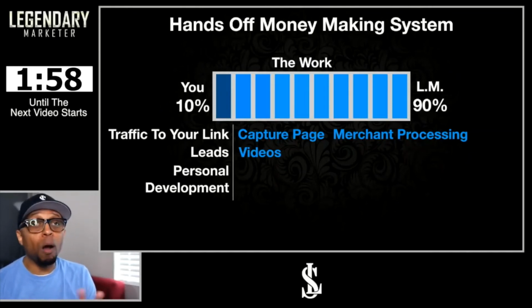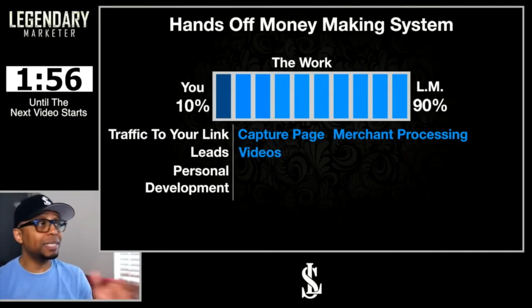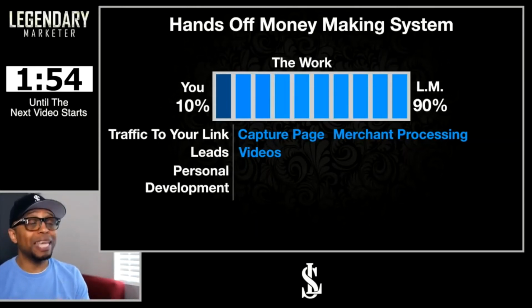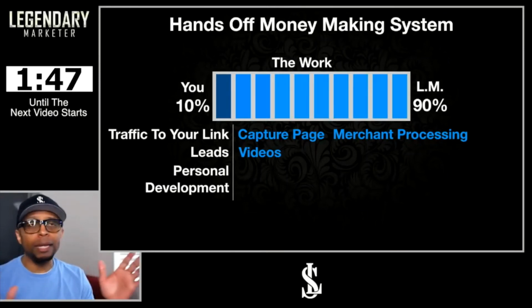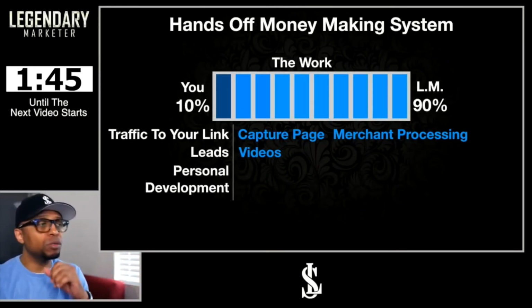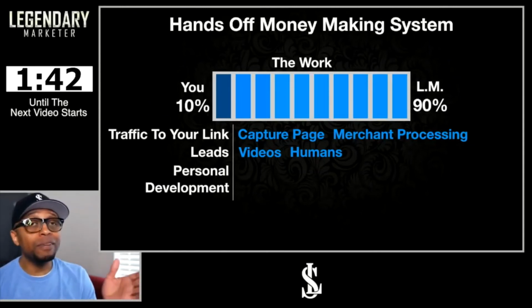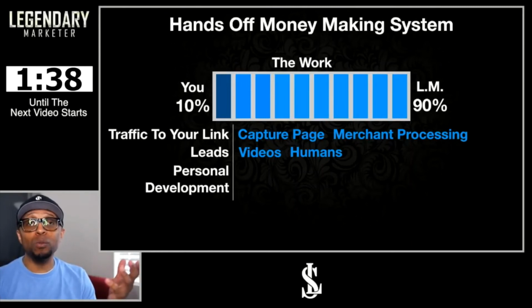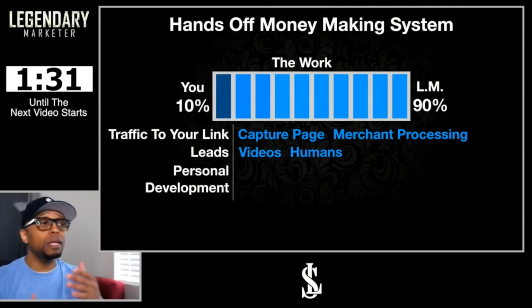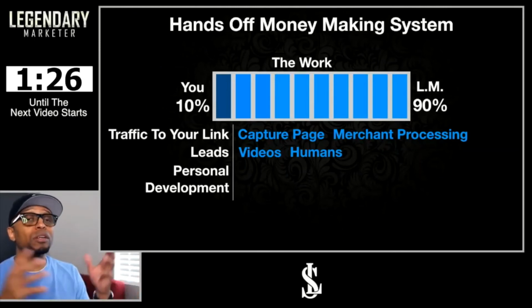And they've got all the videos already set. Like I said, I keep talking about those 10-minute videos because it works. Just get people in front of that video, and the machine of Legendary Marketer will do the rest. They even have humans, and what I mean by that is it's not all automated through technology. We actually have humans that contact your customers that are coming through the system. They do a lot of the legwork that you probably do in other programs. Well, they're going to do a lot of that for you.